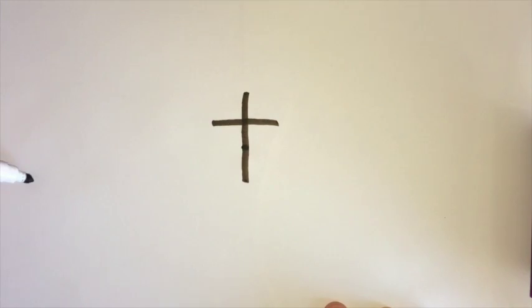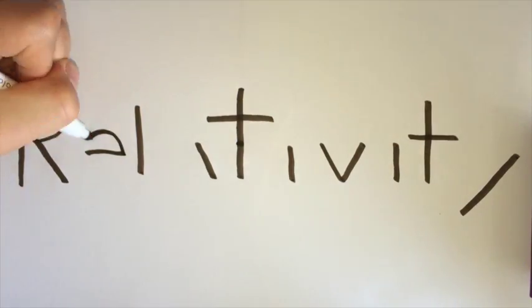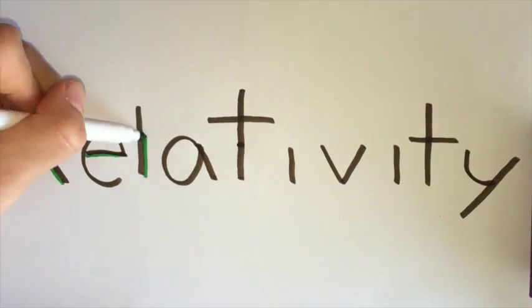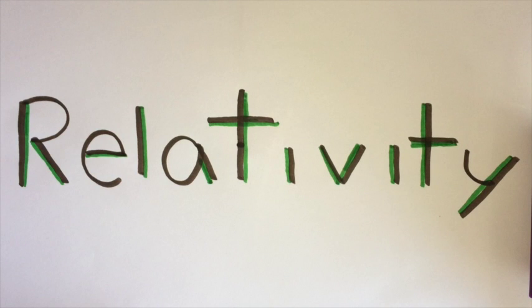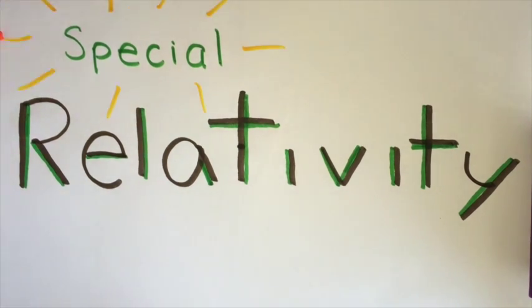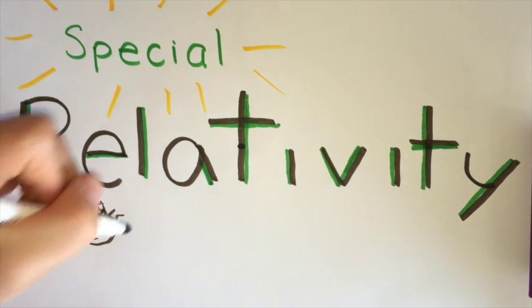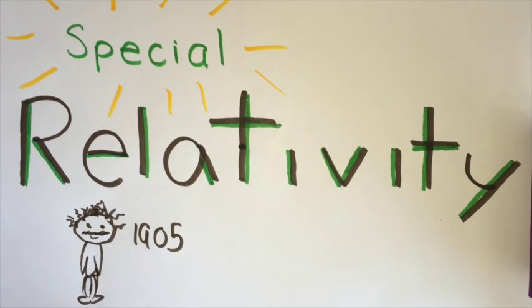Voila! I can draw straight lines, fast or slow. I can also draw curves. So all of these motions you see are relative to the paper and you. The curved lines were drawn with an acceleration. Their velocity was changing direction. But in the special case where the motions follow a constant velocity, a straight line, we refer to that as special relativity. Einstein, in 1905, published a revolutionizing paper about this,